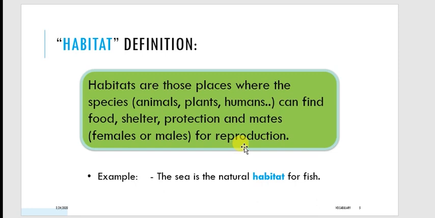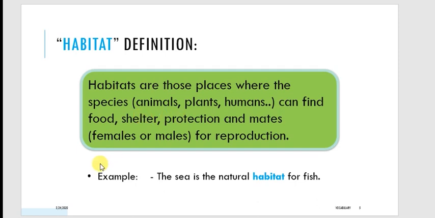So they can make new babies, if male and female make babies of the same species. So this is a habitat. It's a place where the species live. Species are animals, plants, humans, living beings, groups of living beings which can find in it food, shelter,